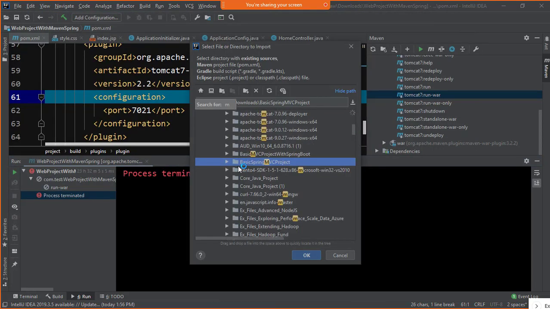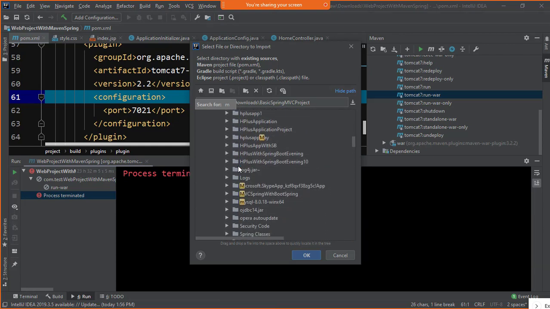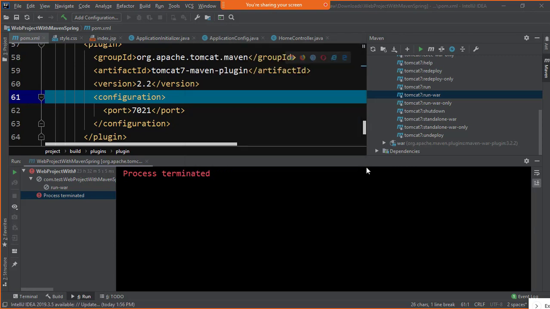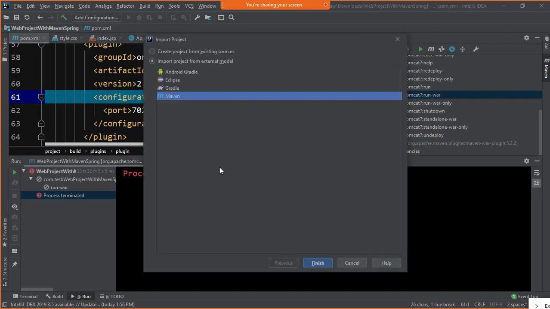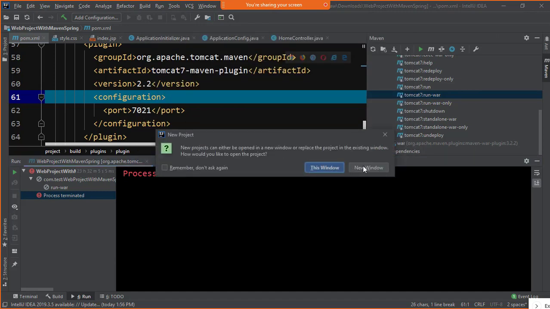I've got multiple projects residing here, this is the project, right? If I say OK, again it will ask me same window or new window. Maven, import project from the external model, Maven, right? Same window, new window.